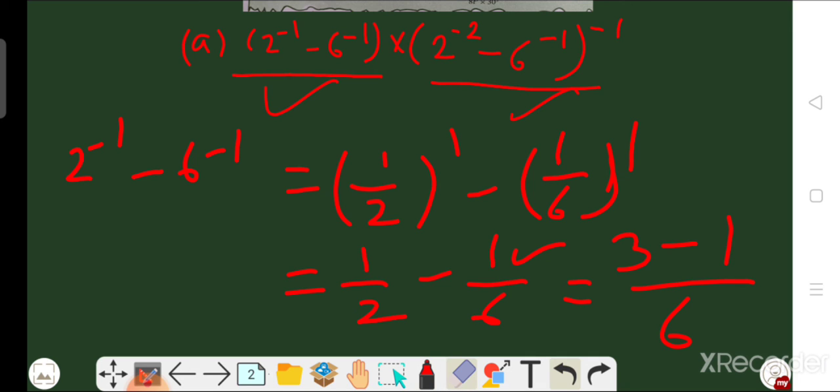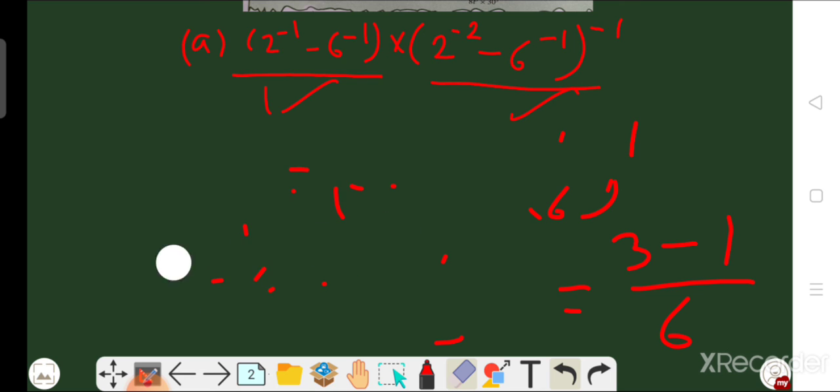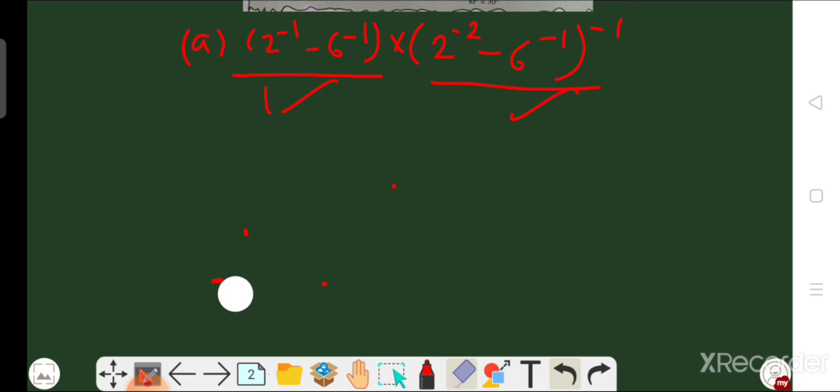So, the answer of this part is equal to 2 by 6 and that is 1 by 3. So after solving, this part will become equal to 1 by 3. So the half portion we have solved. Now we will solve the remaining part. The solution of this part is 1 by 3. Okay. Now what we have to do? Now we have to